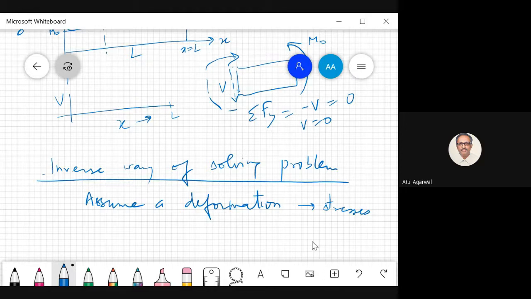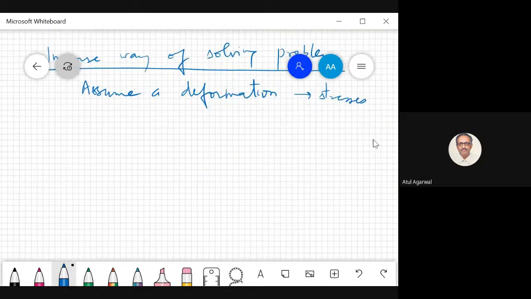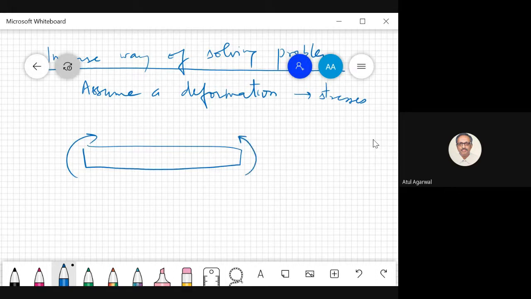So you assume that this beam takes a curved shape. You have applied a movement like this. So you will say that this cross section rotates like this. You are applying a movement on this face. Because of this movement, it will rotate like this. Similarly, you are applying a movement here on this vertical face. It will rotate like this because of this movement. Any problem with this?